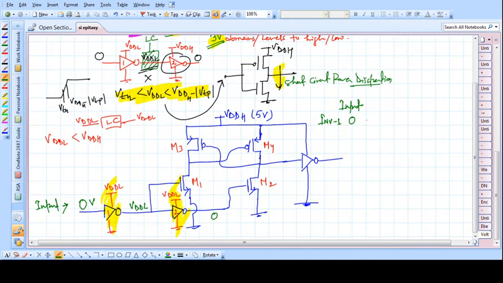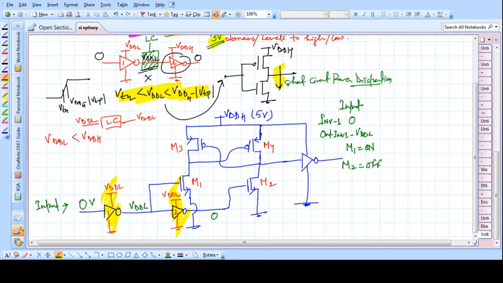So when 0 volt, the output of inverter 1 is VDD-L, that will cause M1 on and M2 become off. Okay, because this one is connected to the other inverter, so M2 will become off. This one is basic